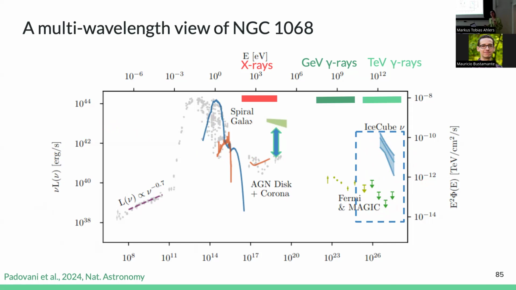They must be coming from a region which is opaque to gamma-gamma pair creation. And why is that? Remember the previous lecture, where I showed you the energy distributions of gamma rays coming from neutral pion decay and neutrinos coming from charged pion decays. And these were very similar. They differed by a factor of 2 in energy, more or less. So this means